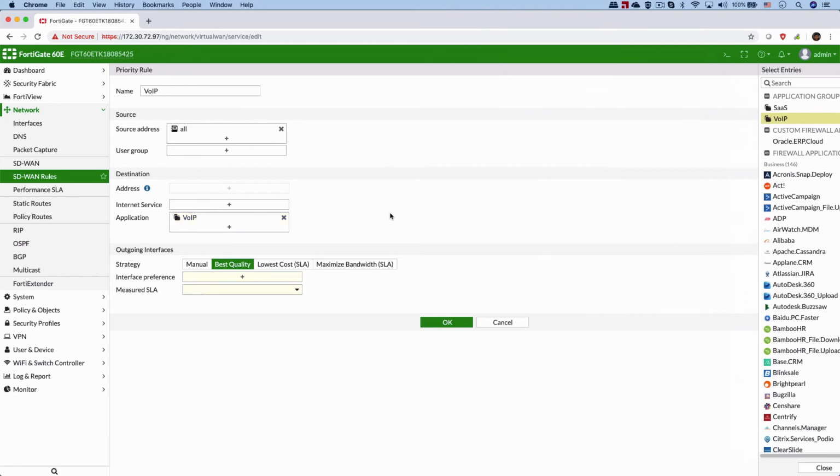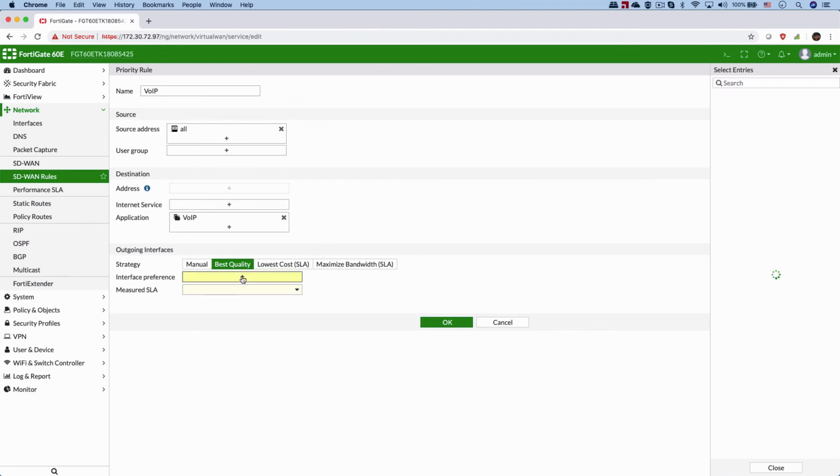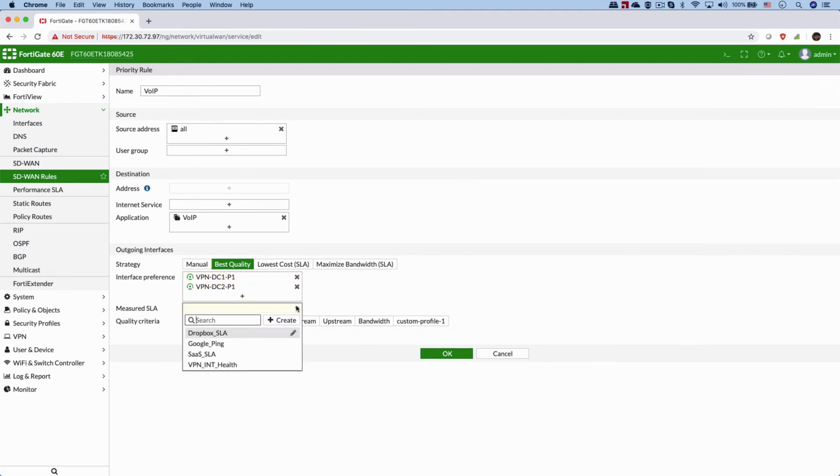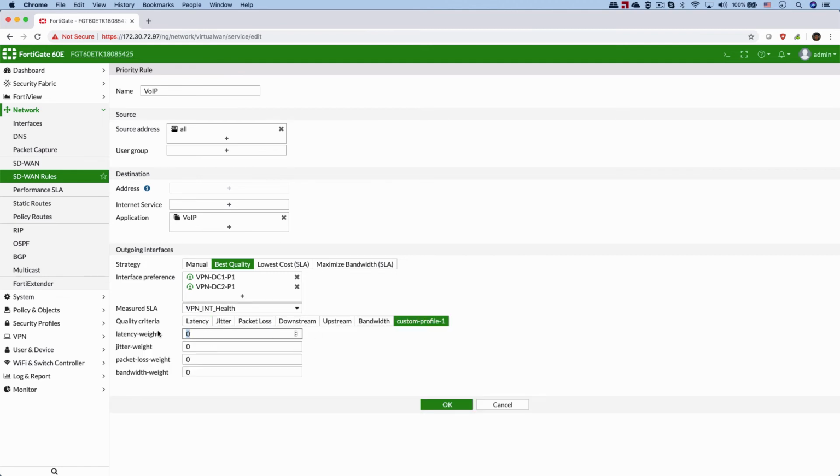For our purposes, Burger Palace has determined that latency, jitter, and packet loss are all equally important for their voice traffic. So let's add our 2 VPN interfaces, select our link health measurement target, select custom, and give each of these 33%, 33%, and 34% respectively, and the SD-WAN will select the best performing path of the two based on